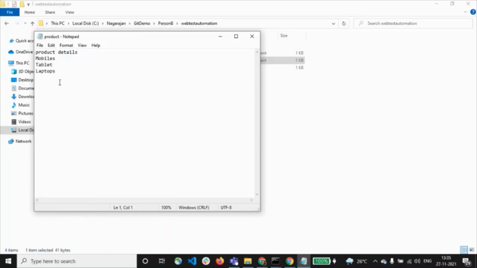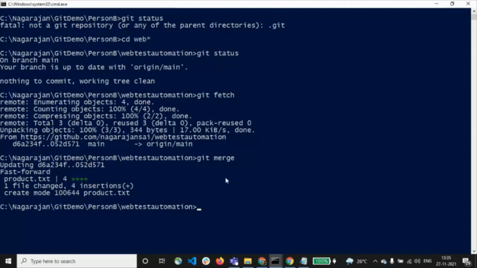The cameras text will not be shown here since it is available only on Person A machine. Now I'm inside Person B, and I'm going to put git pull. My expectation is that it has to fetch the cameras text from the remote repo. Let's see that. I'm not going to put any git fetch or git merge. I'm directly putting git pull.